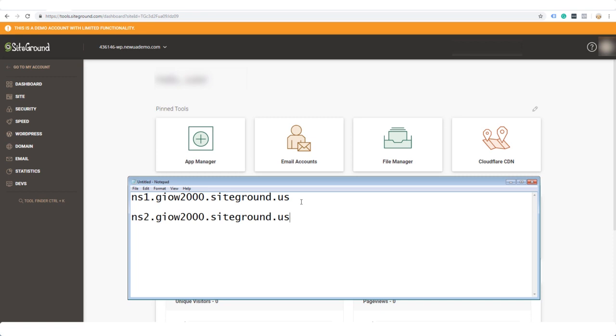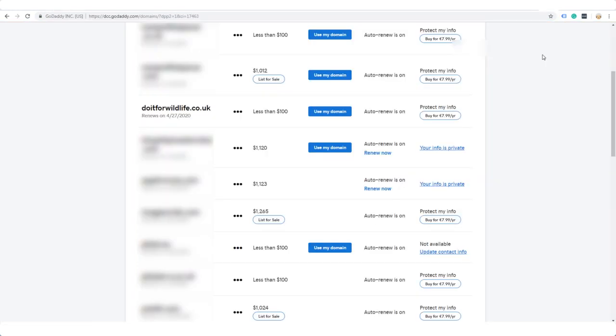Alright, now once again, if you purchased your domain name along with your hosting, you don't need to do this step. Okay? So if you don't need to do this step, you can move on to the next lesson. Otherwise, keep watching. Alright, now the domain name that I have purchased and I'm going to use in this course is